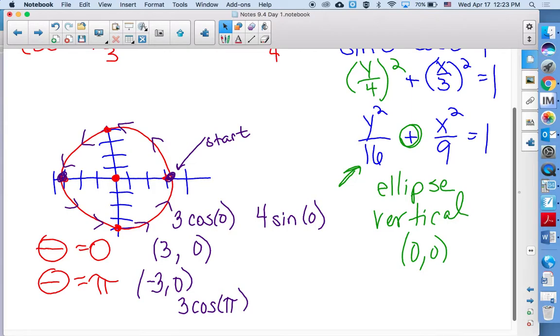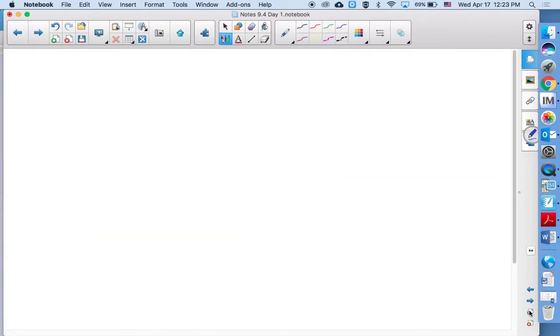So take a peek at your number 23 in your homework. Looking at number 23, yeah. Same direction. Yeah. That was when we moved